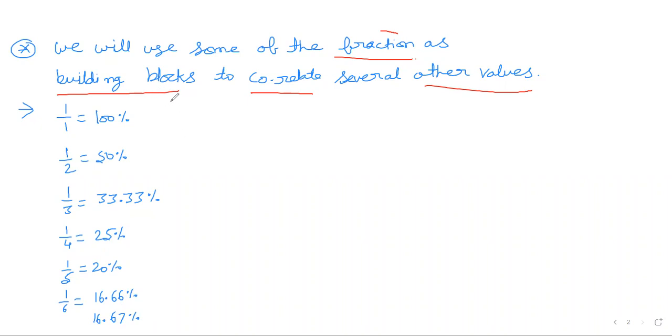Right? 1 by 7, 14.28%. 1 by 8, 12.5%. 1 by 9, 11.11%. 1 by 10,